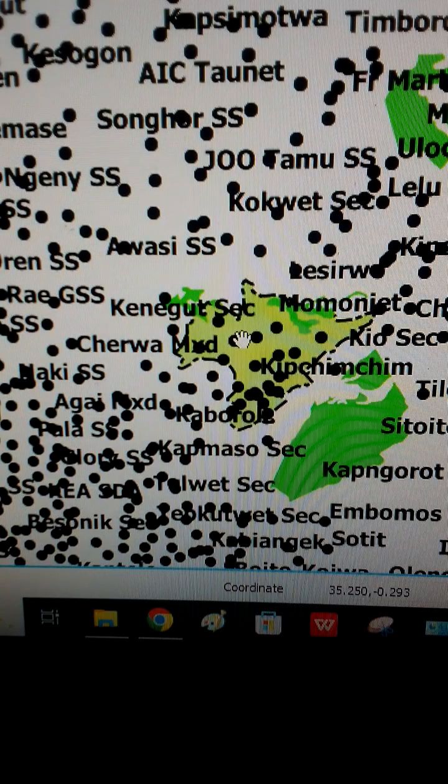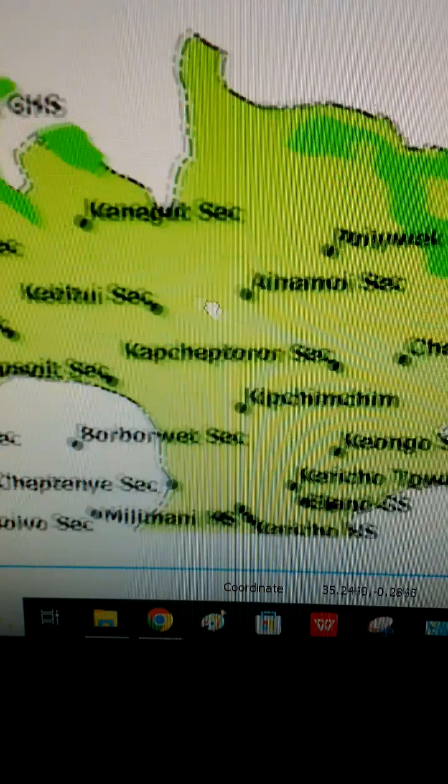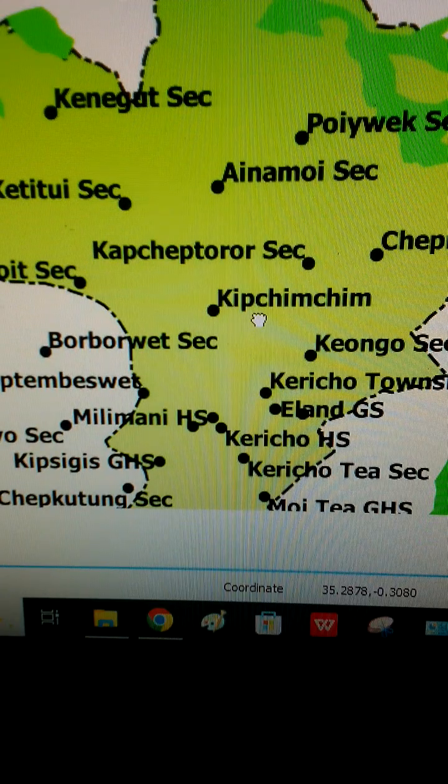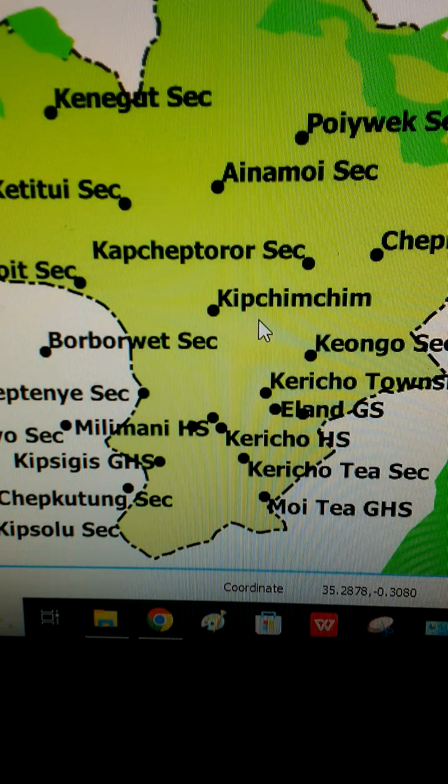So for me to be able to visualize the location of the schools in that constituency, I need to zoom in like this. So when I zoom in, I'm able to see how the schools are distributed in that constituency. So I'm going to explore the map of the constituency, and after that, I will give a brief overview about how a 6S thermometer works. All right, let us begin.